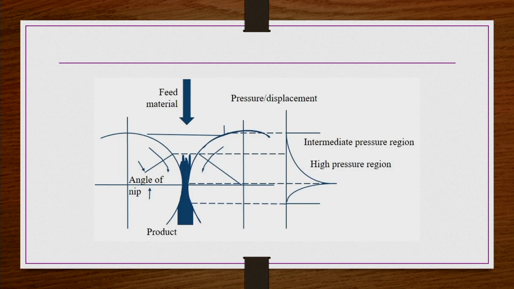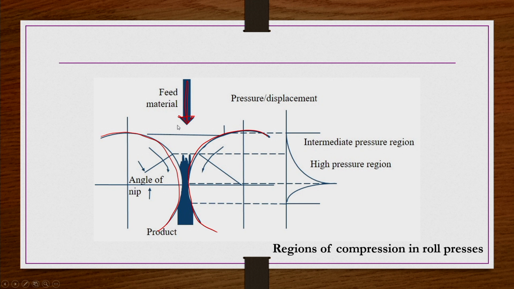So, typically pressure compression, if you see, by using roll presses. These are the two rolls, this is one roll and this is the other roll. The feed material, either pure dry solids or dry fine powders, are mixed with binders. They are individually or mixed with binders, as per the requirement of the application, and come between these two rolls, which are rotating in the same direction.